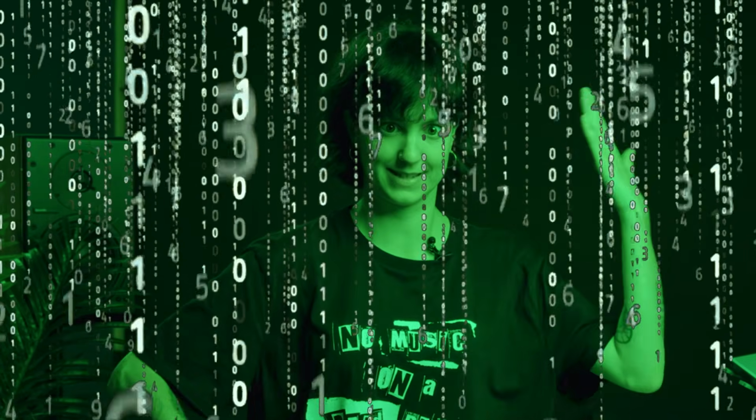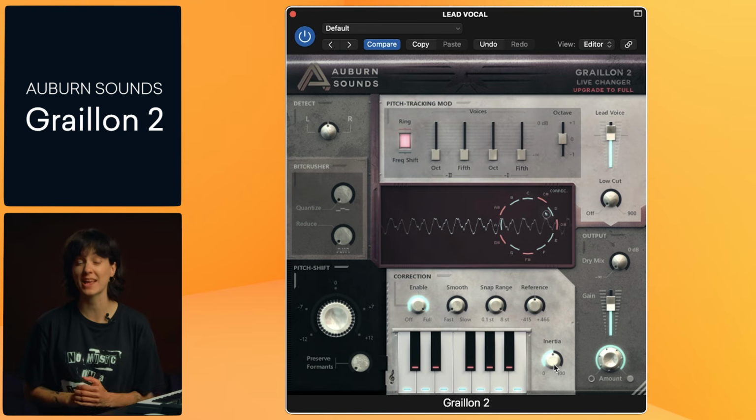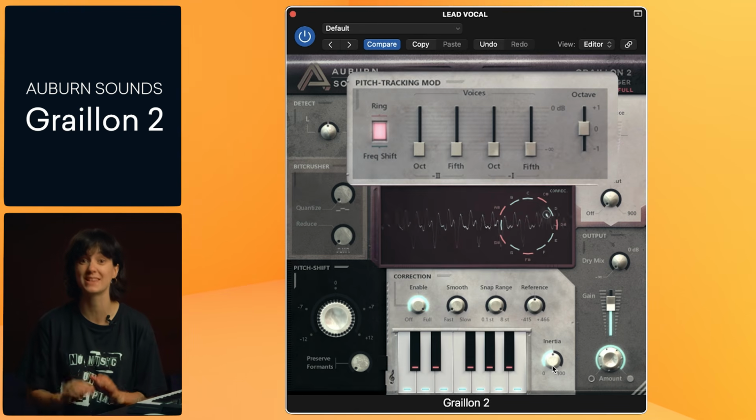Computers and numbers, 001s. Where's my Oscar? Pitch tracking modulation is a unique feature to Graillon that does way more than just tweak